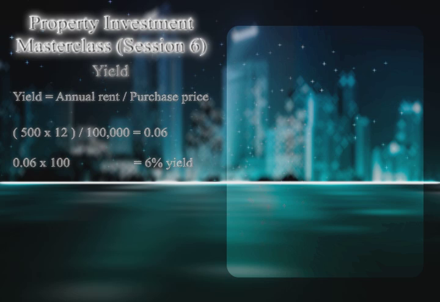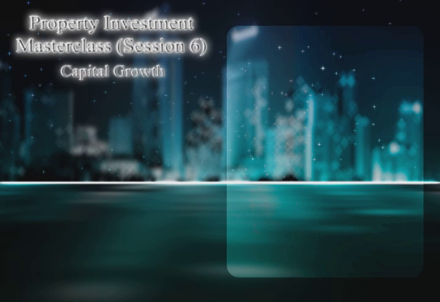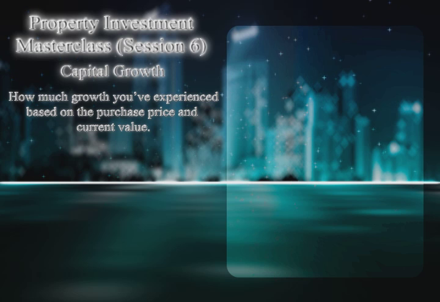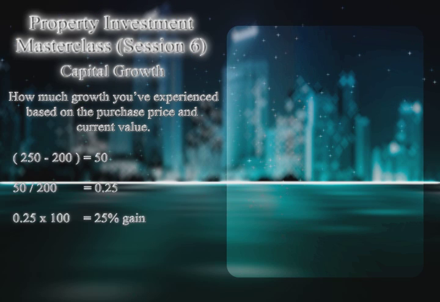Now the next calculation that I want you to do is called capital growth. That tells you how much growth you've experienced based on the purchase price and the value now. So let's use examples. If we've got a property that we bought for 200,000 and it's now worth 250,000, then to work out the capital growth percentage, you do the brackets again, open the brackets, 250, so that's what it's worth, less what you bought it for, 200. So close bracket, and then you express that as a number relative to what you bought it for. So that 250 minus 200 has come out as 50, and then you divide it by 200,